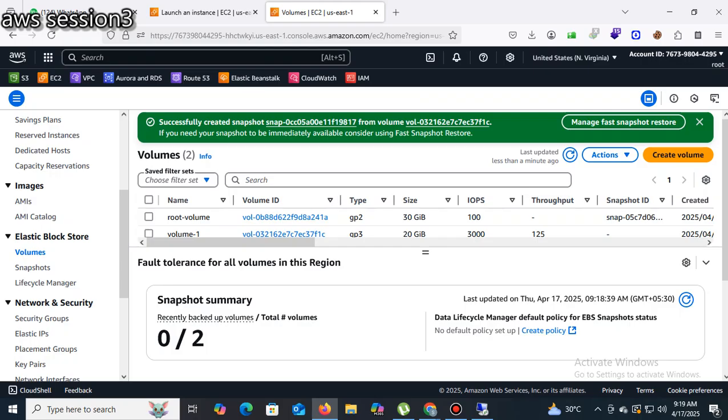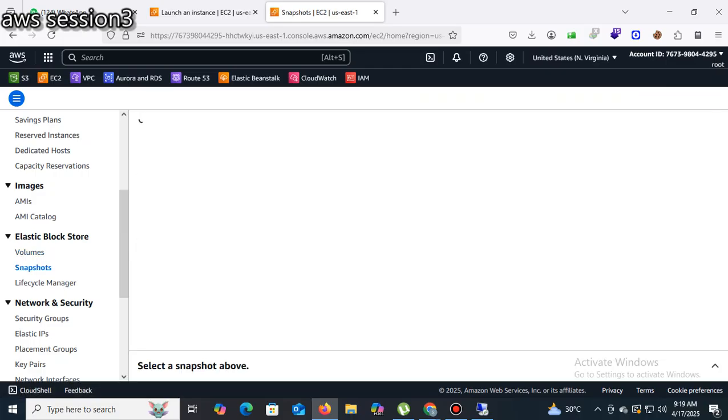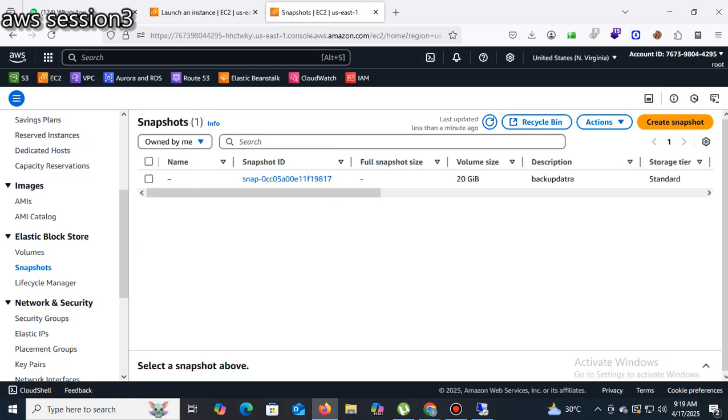It takes some time to take the backup. To check the backup progress, click on Snapshots. Snapshots are a paid feature, so whenever you create a snapshot, try to delete it as early as possible, because if you don't delete it, you will be charged.